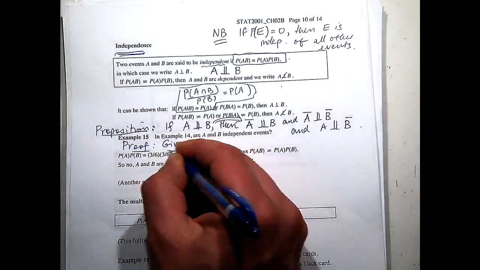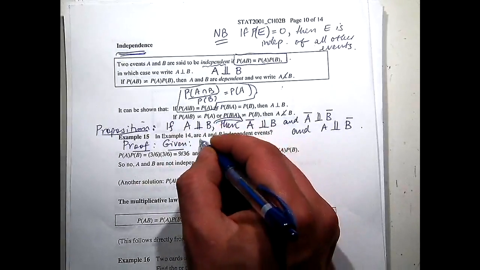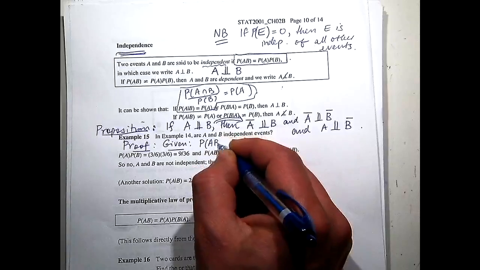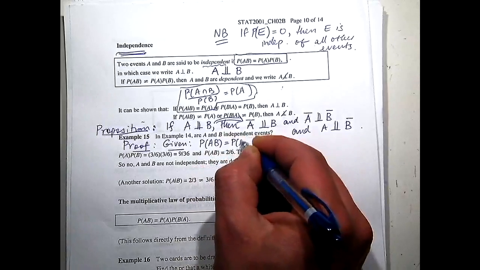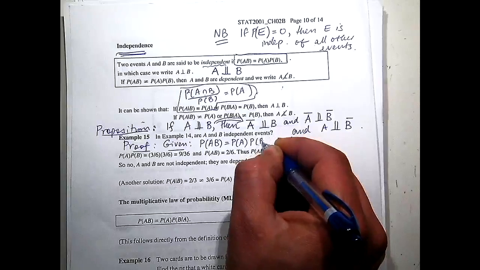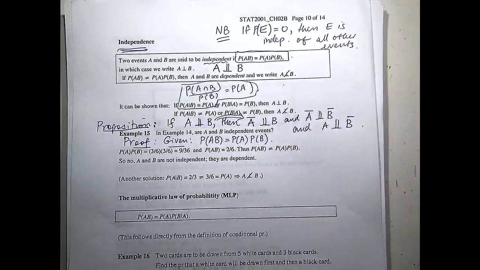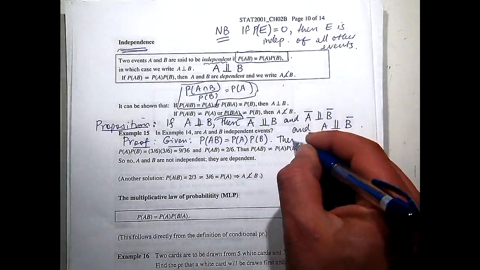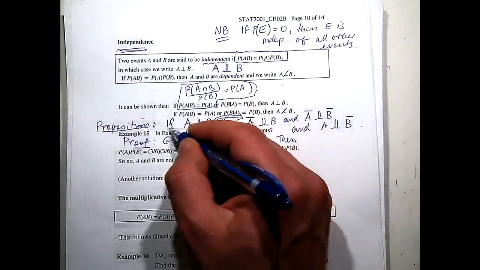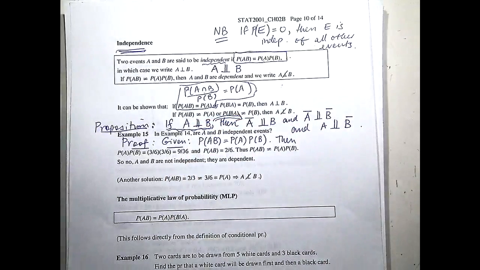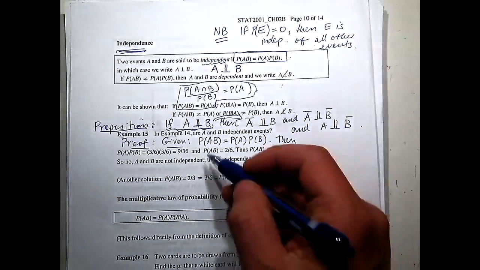We're given that A is independent of B, so the probability of A intersect B is equal to the probability of A times the probability of B. That's what we're given. And I have to say that this is what was given because this is the hypothesis in the proposition. So then we have to prove